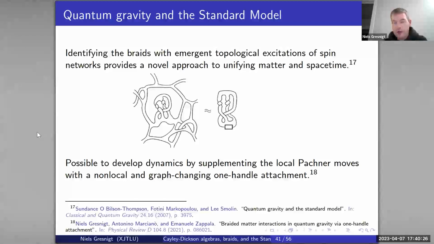But if you look at the slide here, these kind of helons, so people looked at this, and you can embed them into spin networks, which, for example, I use in loop quantum gravity or certain background independent approaches to quantum gravity. So I've been working on that a little bit as well, because one problem then is that to get the dynamics to work is not obvious, because the normal Pachner moves that you would apply to your graph, they preserve the braids. So you don't get any interactions.